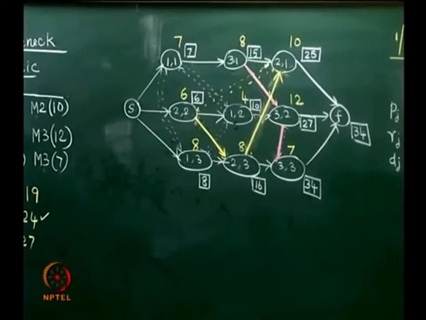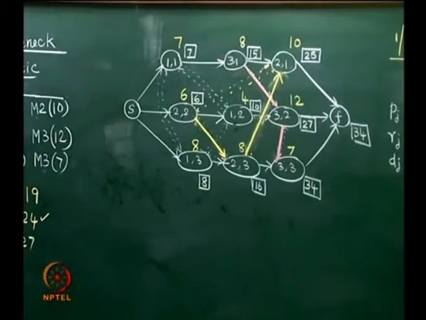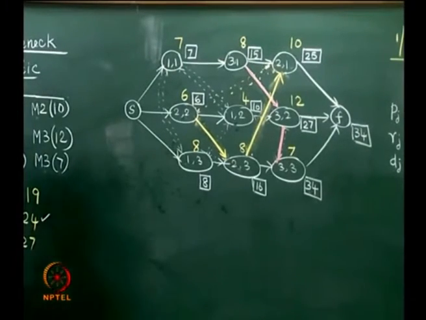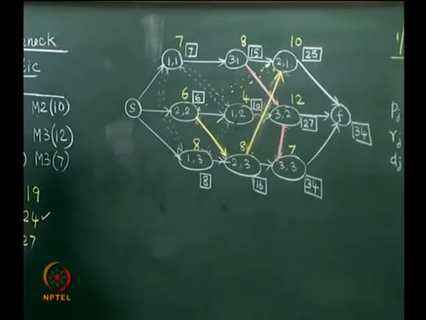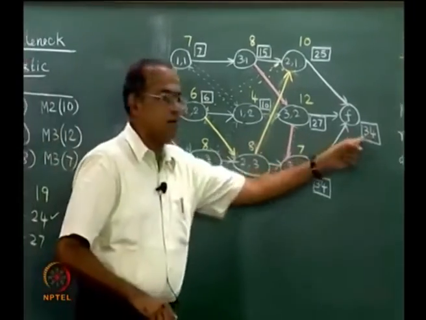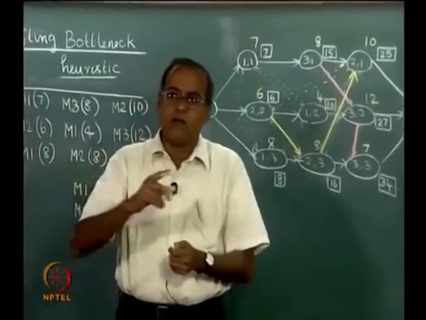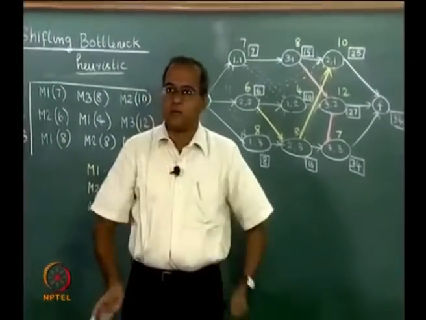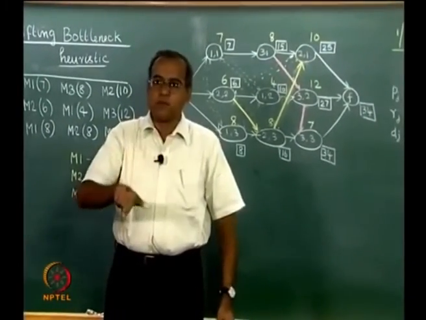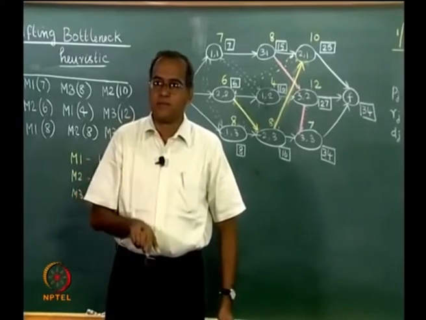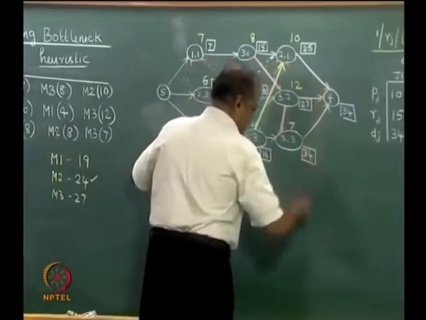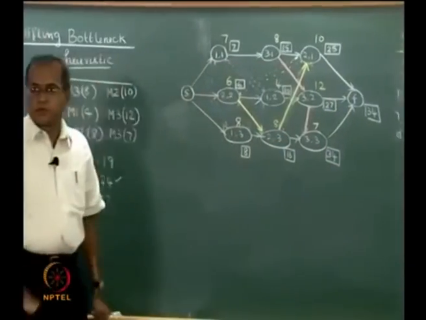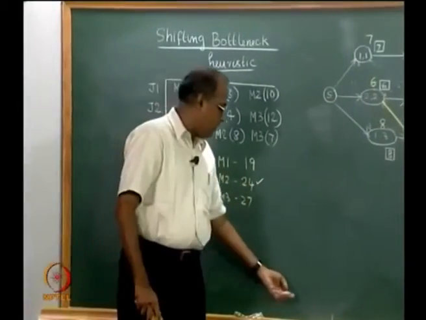Now, with this sequence we now need to update the lower bound. So, the longest path on this network will give us an updated value of the lower bound. So, obviously the lower bound now can only be 34 or more because we are adding arcs on this network. Therefore, the longest path cannot decrease. So, we now have to once again find what are these node labels, so that we find out the lower bound on the makespan.